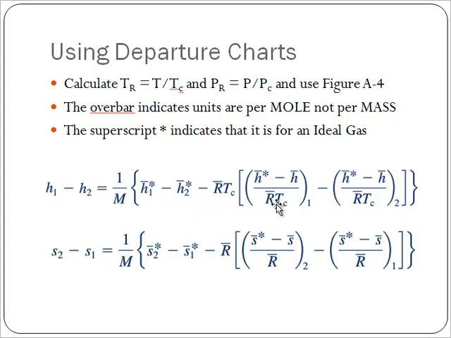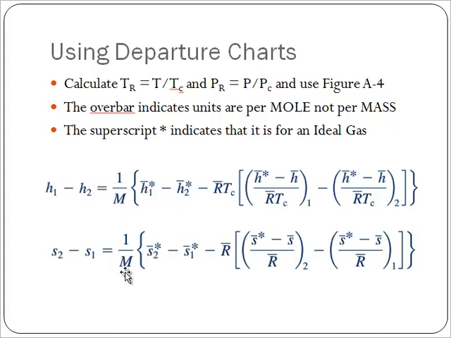So it's minus RT, and I want the universal R. It's for a mole basis. It has T sub C in it, so I'll need to use that critical temperature again. I look this value up in a chart. I look this value up in the chart. I subtract. I multiply by RT_C. I add my delta H for the ideal gas and correct to get to a mass basis instead of mole.